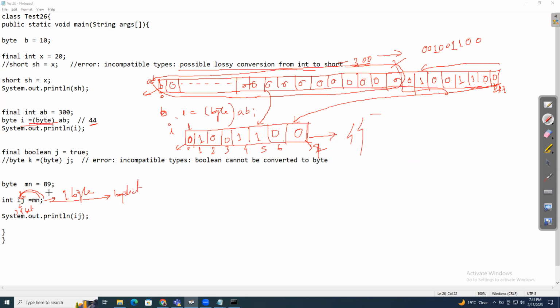But when you convert higher type to lower type, there is always a chance to lose something. In this case we are losing, but here we are not losing. Why are we not losing? Because the value is within the range. 20 will be stored into this short. It is a lower type, but it is not going to lose anything because the value is constant and